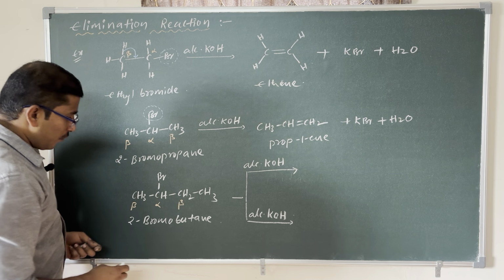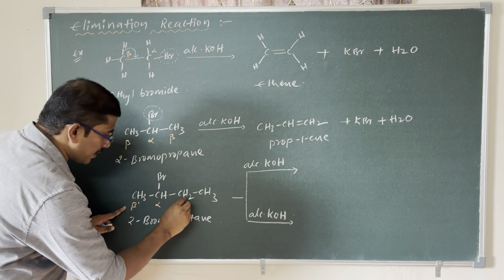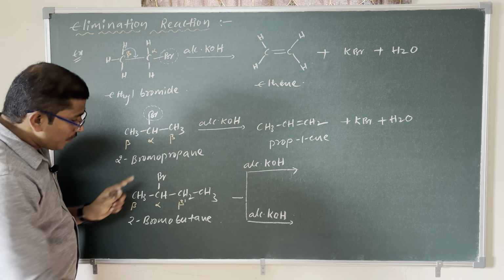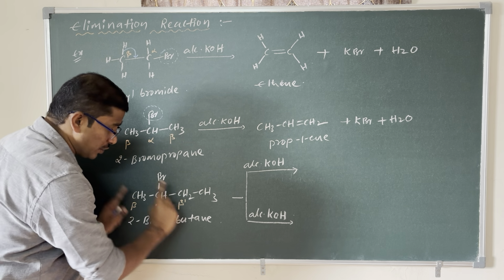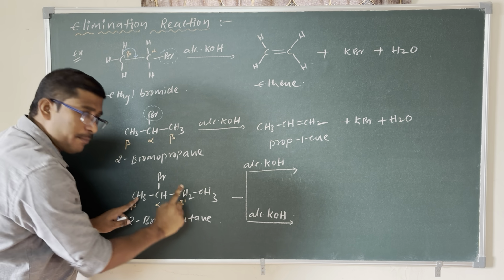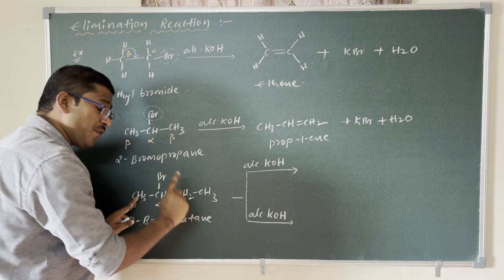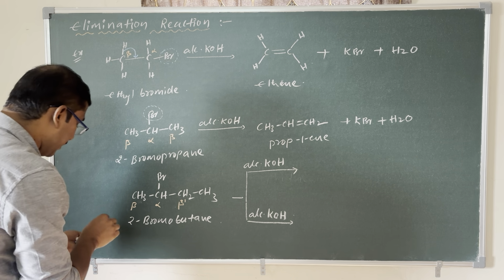For example, this way I am going to take this as alpha, this is beta and this is beta dash. So when we have two different beta carbons with a different number of beta hydrogens, this beta carbon has 2 hydrogens, this beta carbon has 3 hydrogens. When we have two different beta carbons with different numbers of beta hydrogen atoms, that time the name of the scientist is